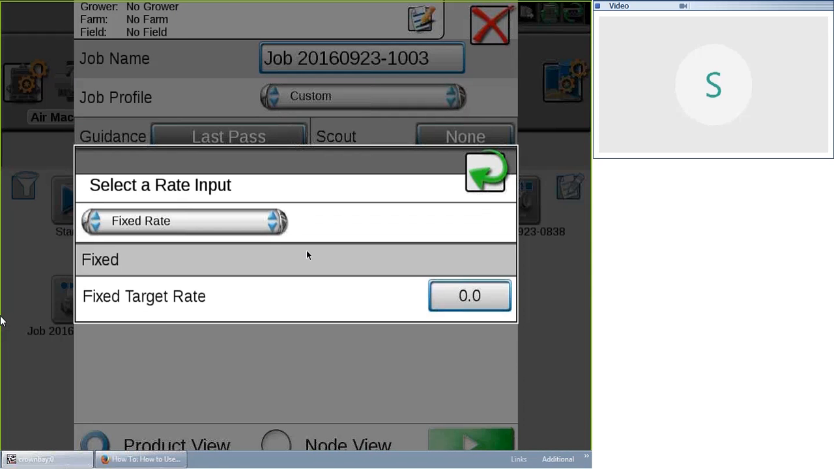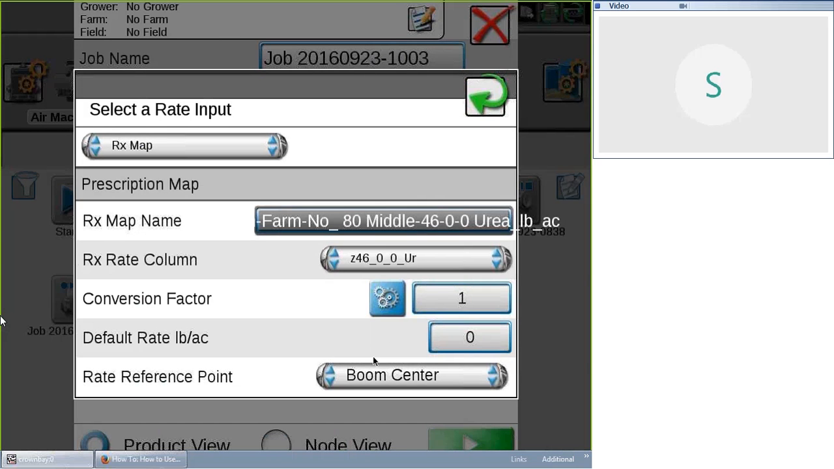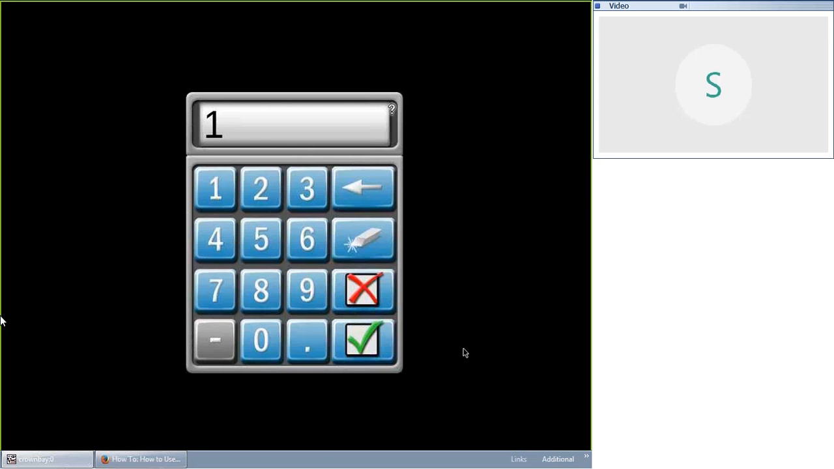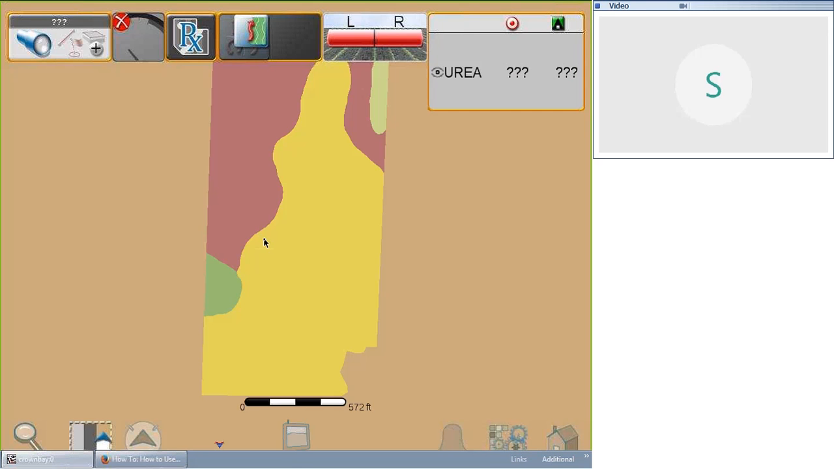To apply outside the RX map, that is where we're going to set that default rate value, which is normally 0. This is that default rate per acre, right above the boom center. So I can put 100 in there, and as I showed you before, I am outside of my map. Remember I drove off my RX map we showed you before? So since I'm outside my map and I put a default rate of 100 in there, my target rate is